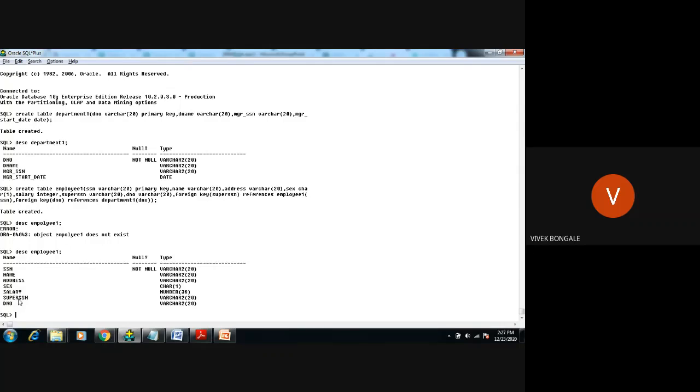Now we have this SSN. We already created the SSN and made it a primary key, but in the department table we need to make this manager SSN a foreign key. How to make it? We have a command called alter command. By using the alter command we can add this manager SSN as a foreign key. So alter table, and the table name, for which table we are making the foreign key, is department, add